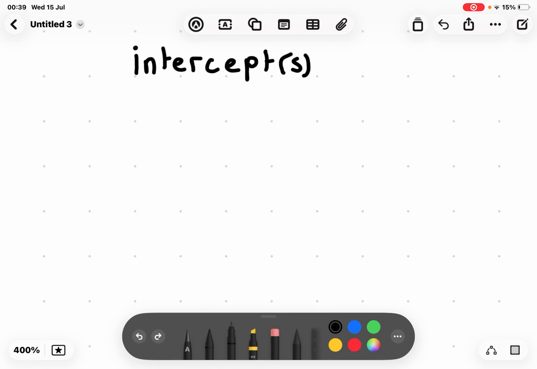Hello, and now we're going to talk about intercept or intercepts. I'm not sure what is more correct. Well, basically, before we go on about the intercepts, we have to understand, we already talked about it, but basically,